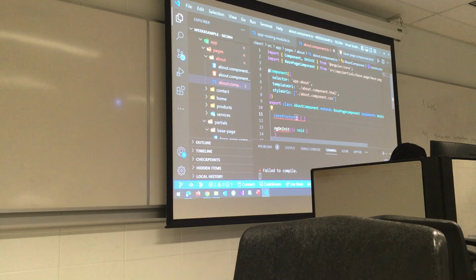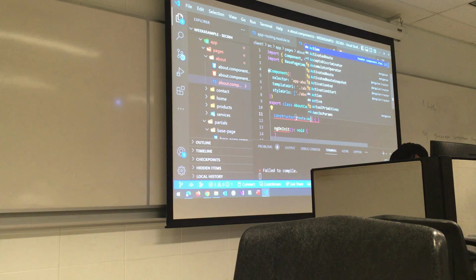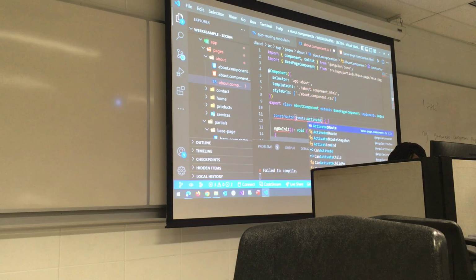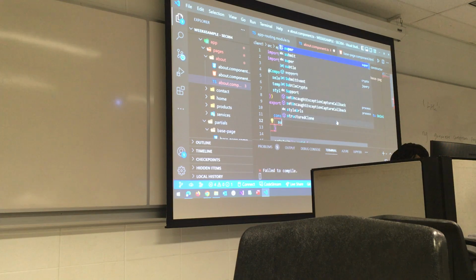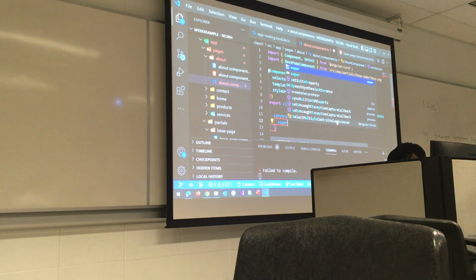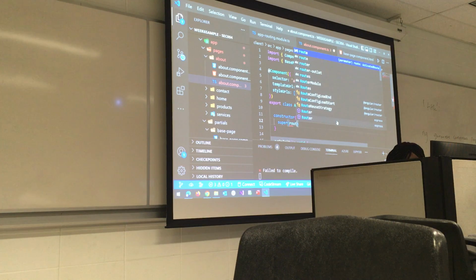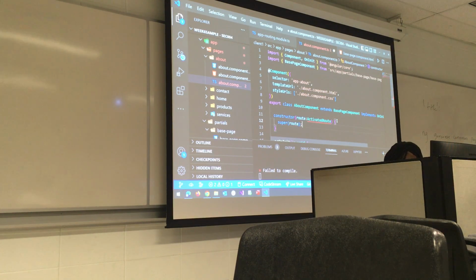So the constructor also, remember our constructor will create the route for the constructor. We ask it to use the ActivatedRoute, and in the curly bracket we'll create the super, to use the super route, and end that with semicolon.